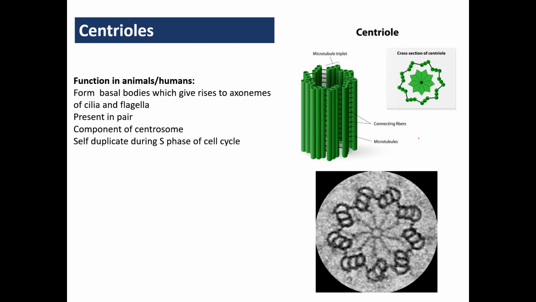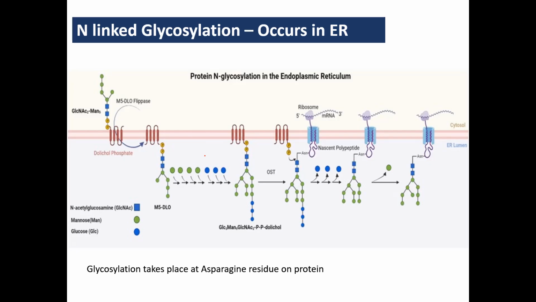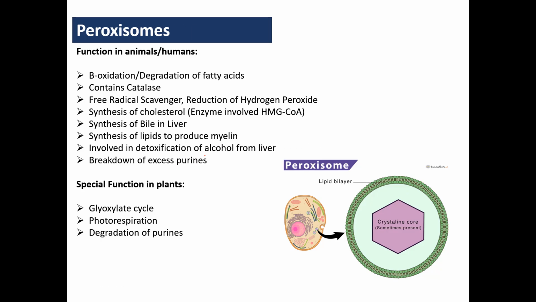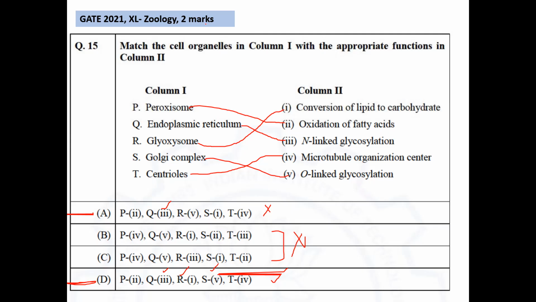So they have the 9 plus 2 arrangement. They form the basal bodies which give rise to axonemes of cilia and flagella. They are always present in pairs. They are the component of the centrosome, and they self-replicate during the S phase of the cell cycle, and they help in microtubule organization. So we have matched all the right options, and the correct option is